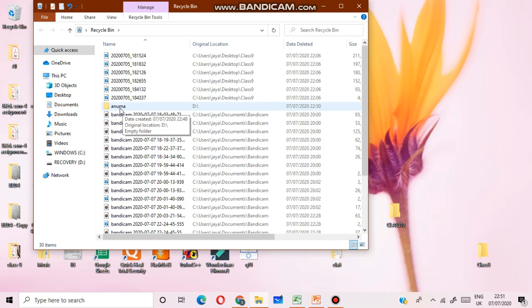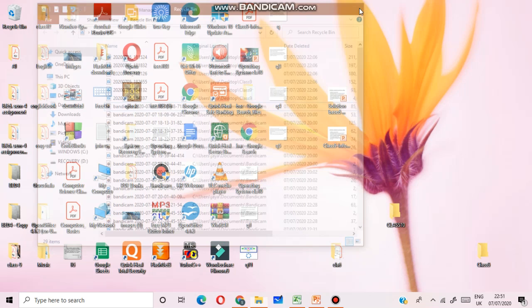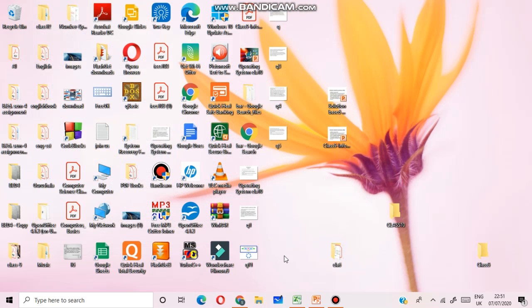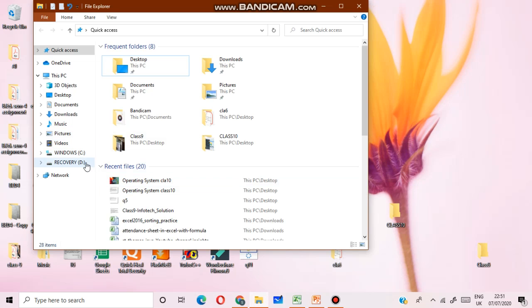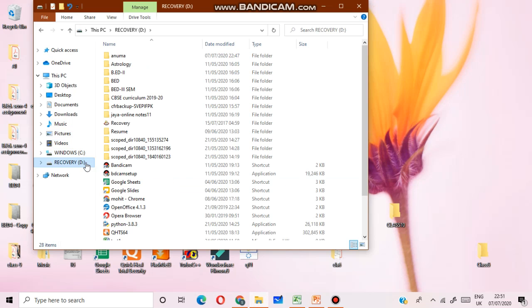You will select that particular folder and restore. And we will check where it is stored. We will go to the same drive, D drive. Here you will see this folder, the deleted folder.